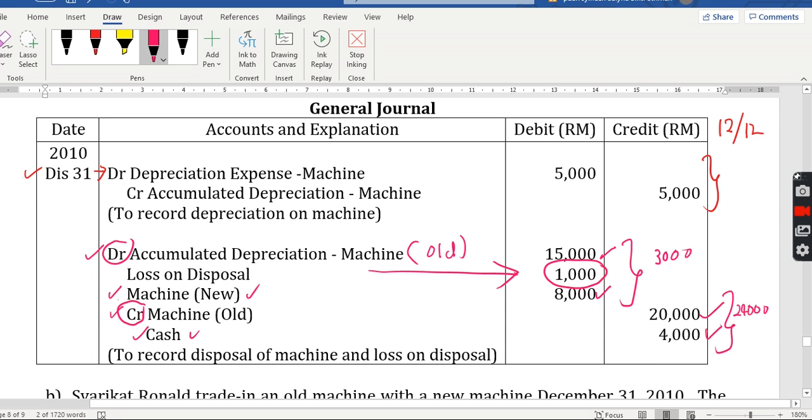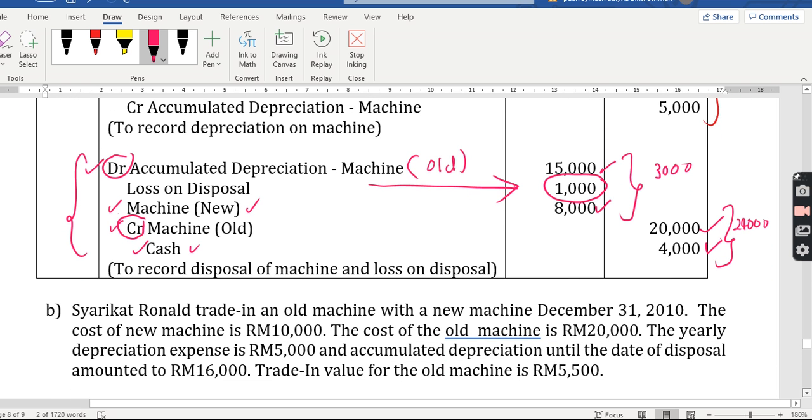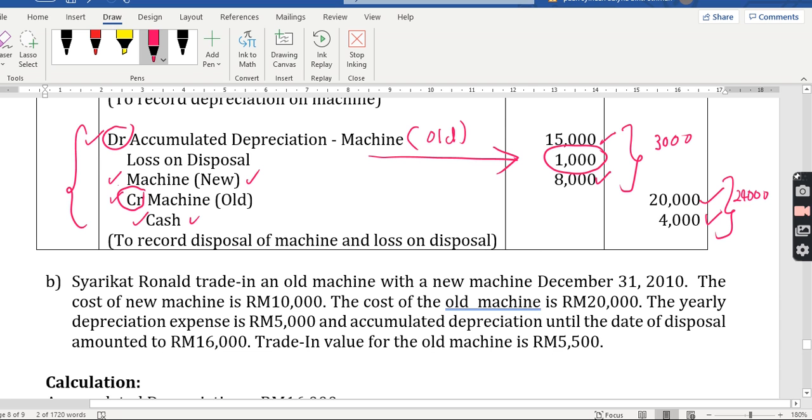Okay, so we need to do the journalization serentak, in one catatan here, because the transaction happens at once. Dia berlaku serentak bersama-sama. Okay, so in this journal, actually you have two events going on. Satu, dispose aset lama. Second one, beli aset baru. Okay, and this is what we call as trade-in. Okay, we look at the next question. Okay, let's say